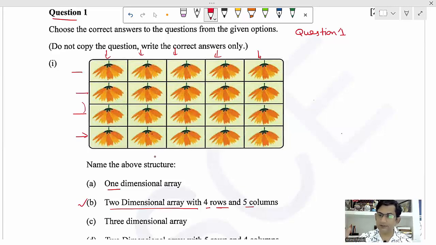Please listen carefully to how you are supposed to write the answers of MCQs in the examination. This is the proper way I'm telling you. This is question number 1 I have written already. Then this question number 1, first part. Which option is correct? B. So don't write only B, or only the answer 2-dimensional array with 4 rows and 5 columns. Kindly write both. It will create less confusion for the examiner. So here write down